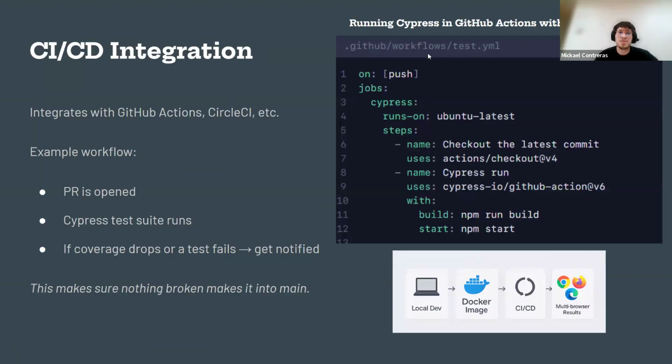Now, one of the biggest benefits of Cypress is how easily it plugs into your CI/CD pipeline. In most setups, Cypress runs in GitHub Actions, CircleCI, or whatever CI you're using. A PR is open, Cypress kicks off the test suite, and you get notified if anything breaks or your coverage drops every time a pull request is opened or updated. In this example, we have a quick YML file that shows the GitHub Actions workflow that runs Cypress every time